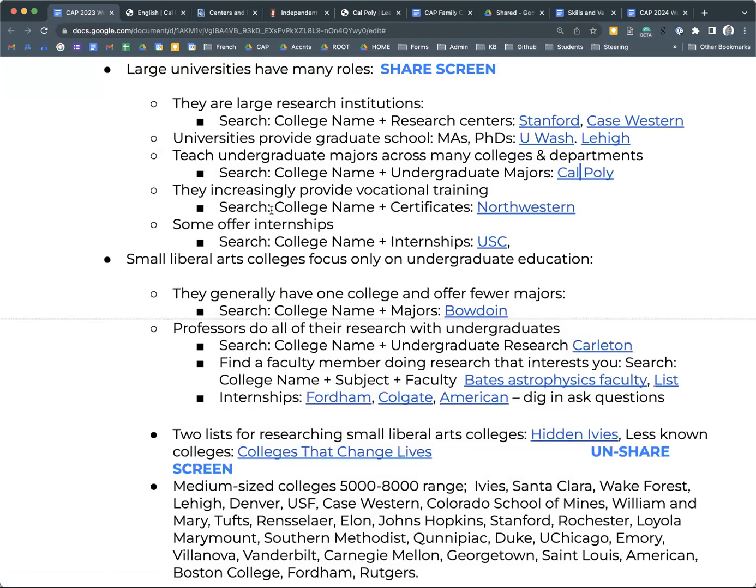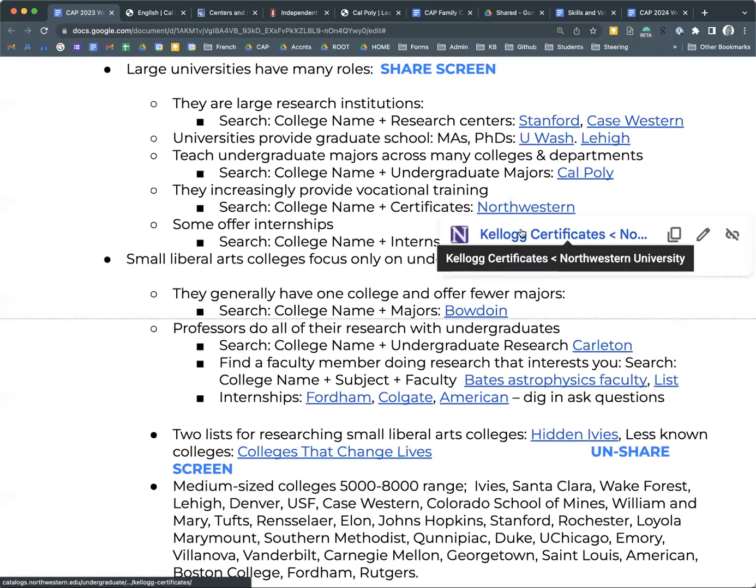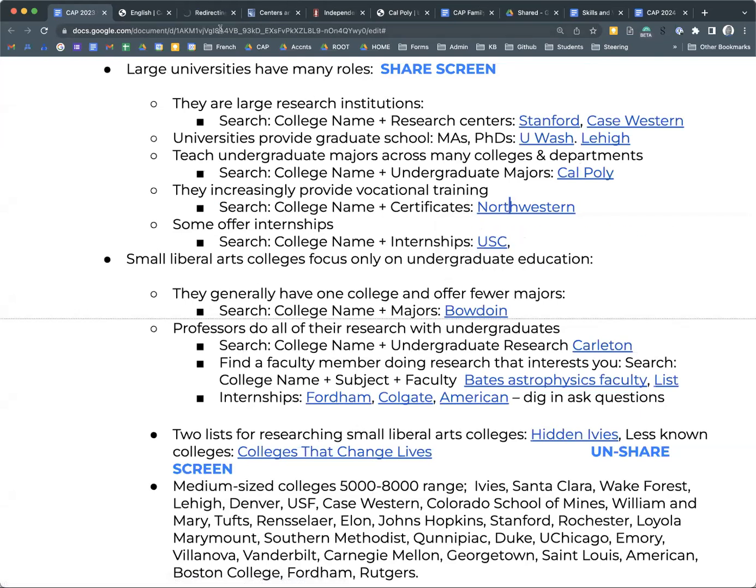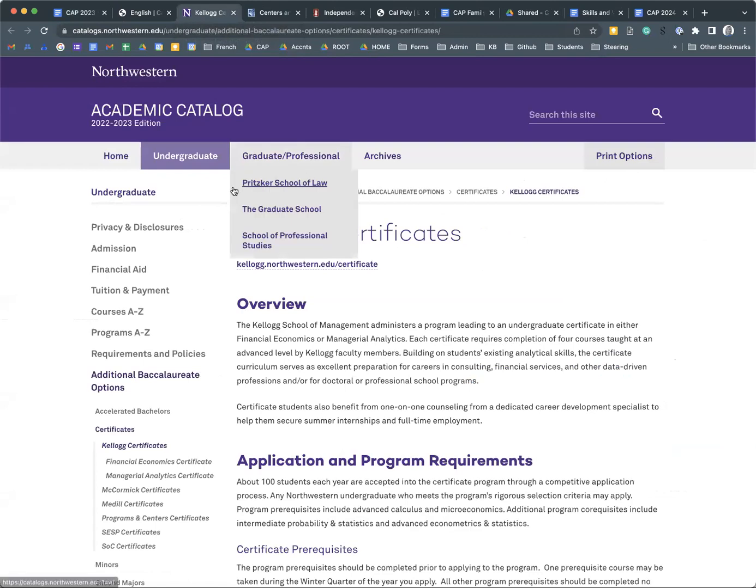The other thing you'll be looking at in large universities, if you're interested in professional training, is this is pretty new and it's actually pretty exciting to me. It's been building for a very long time, but universities are now offering vocational certificates and they're making these available to undergrads.